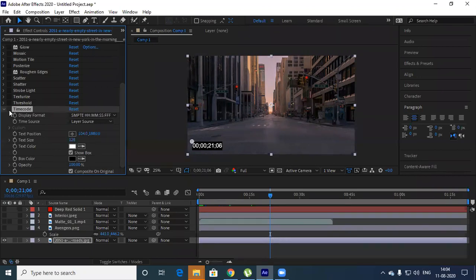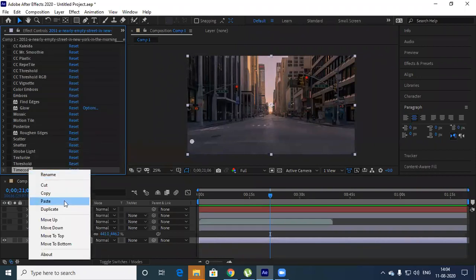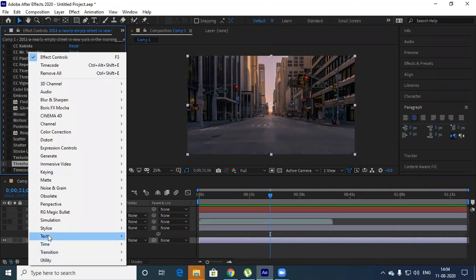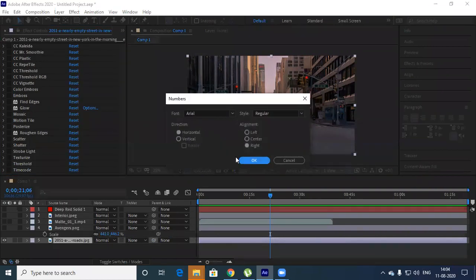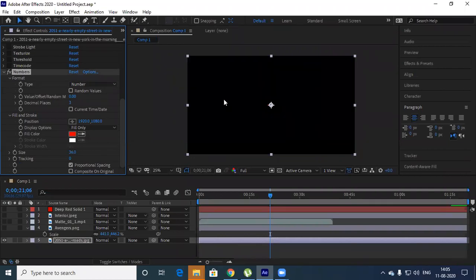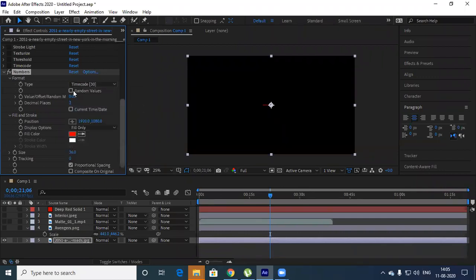Okay, this is time code. Just try this. And you have text, numbers. So what numbers you want? How do you want? Arial, regular, okay. Number, you can convert this into time code again.